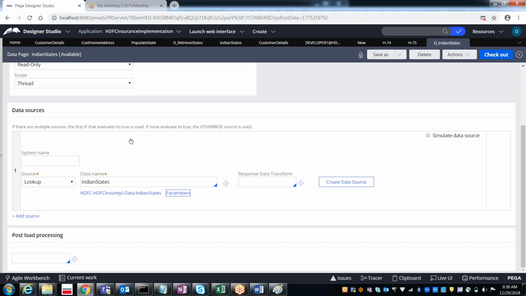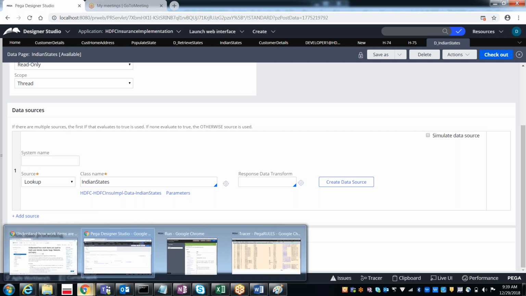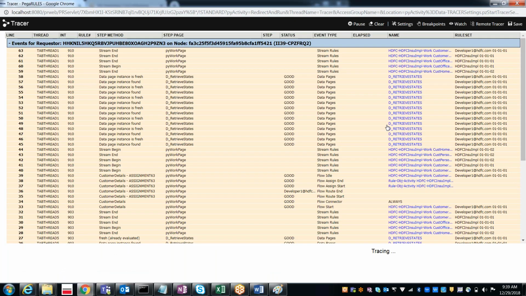So clear, or any doubts? Prashant or Abhinaya, anybody? Sir, on the tracer, the action you did before, I did not understand that. After 32 records, the records repeated. Previously, when the records are on the clipboard, the data pages are not visible, no, sir?